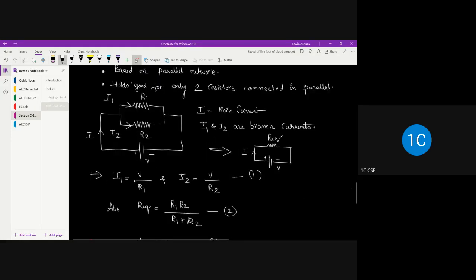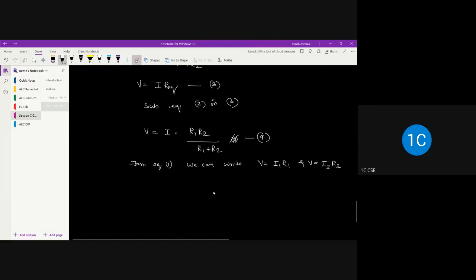All right, so what I've done, I've just done the cross multiplication. V is equal to I1 into R1 and V is equal to I2 into R2. Let's say this is equation 5. Equation 5 and equation 4 both represent the voltage, so you can equate them. Equating 4 and 5 will give you I into R1 R2 divided by R1 plus R2 is equal to I1 into